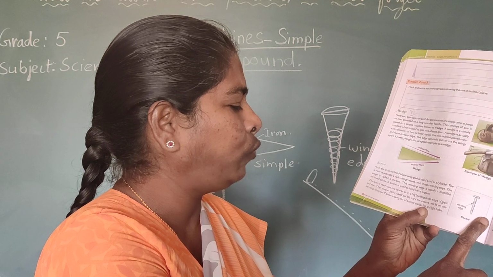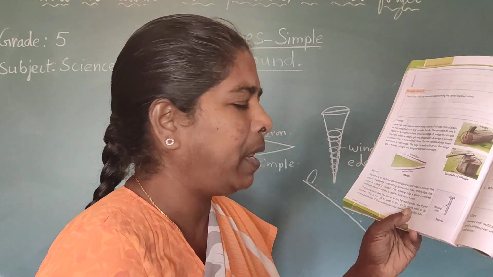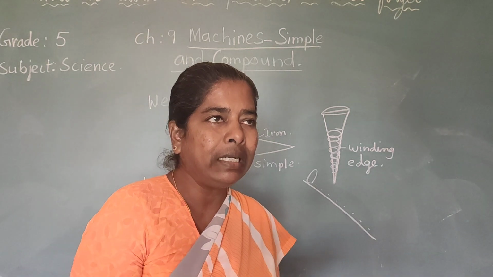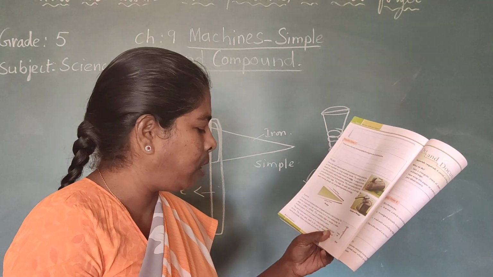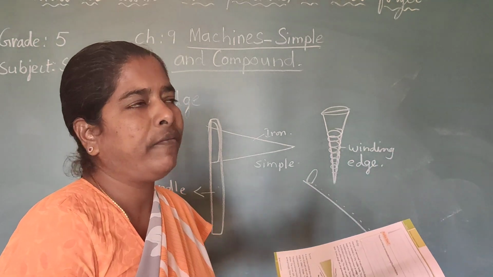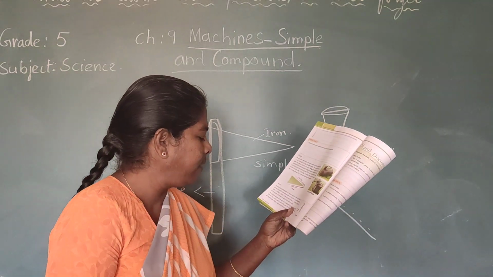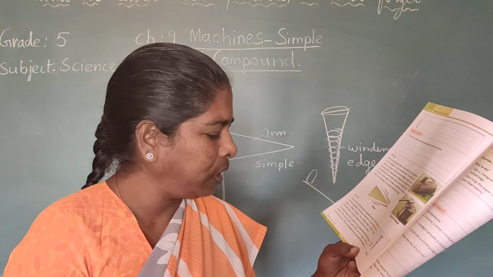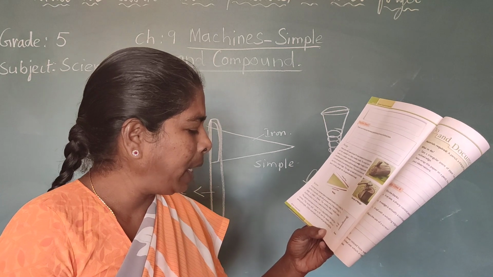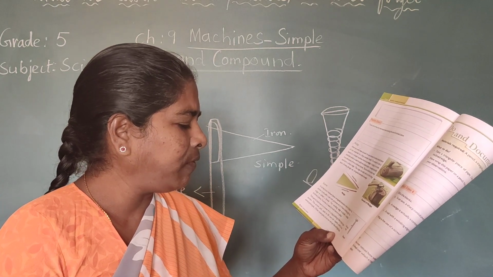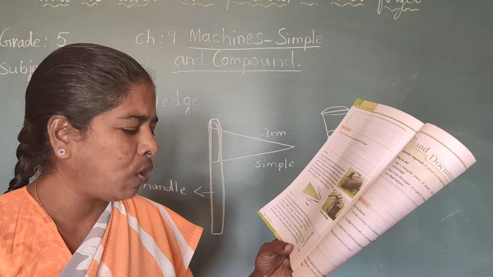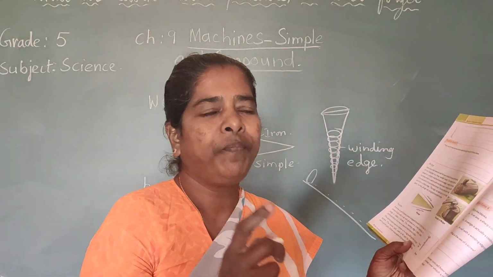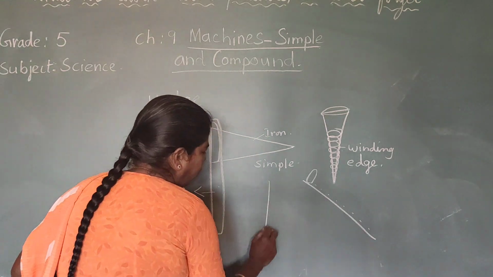A screw is used to hold items in place. We use screws to hang things, like a calendar or clock, on the wall. We use this type of nails and screws to hold items in place. The spiral staircase in a tower or in big buildings is also a type of giant screw. Even the staircase, sometimes the steps are like this, na?